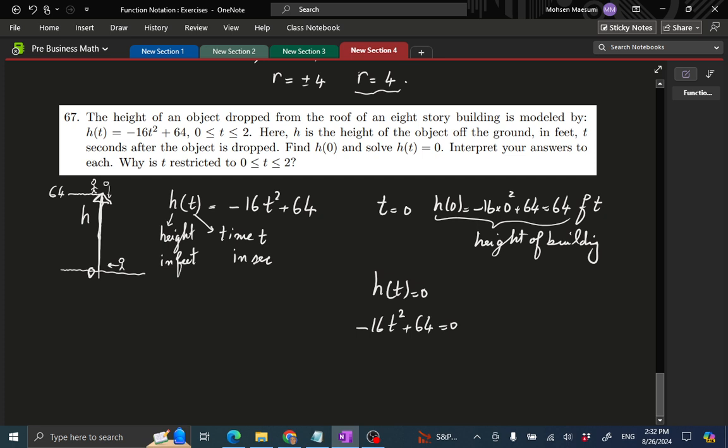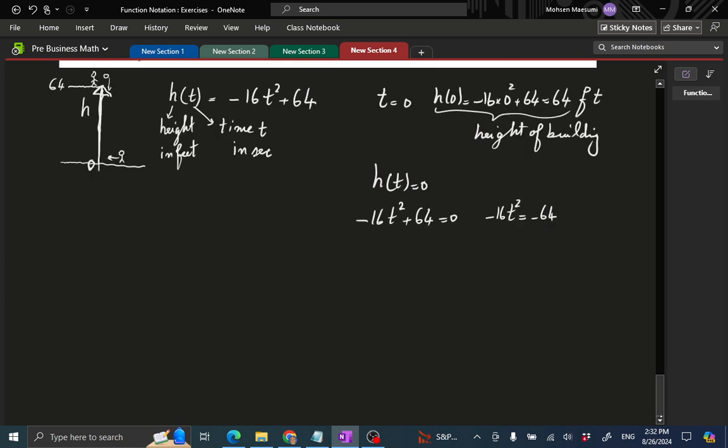Well, how do you solve this? Many ways. This being a simple equation, we can just use basic tools. I take my 64 to the other side, becomes minus 64, or I subtract 64 from both sides. I divide. I get t² equal to 4. That tells me t is either plus or minus 2. And our unit is measured in seconds. So we have two answers. Which one of them is